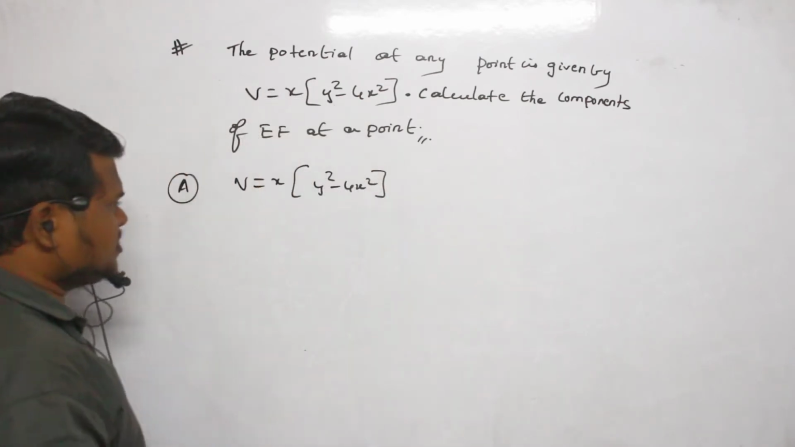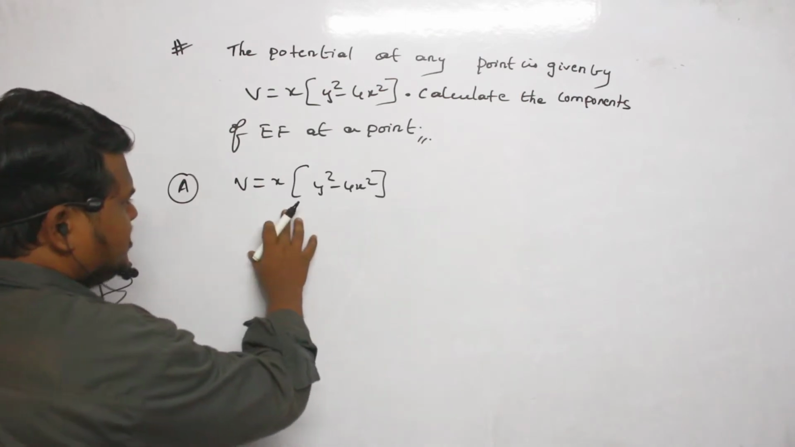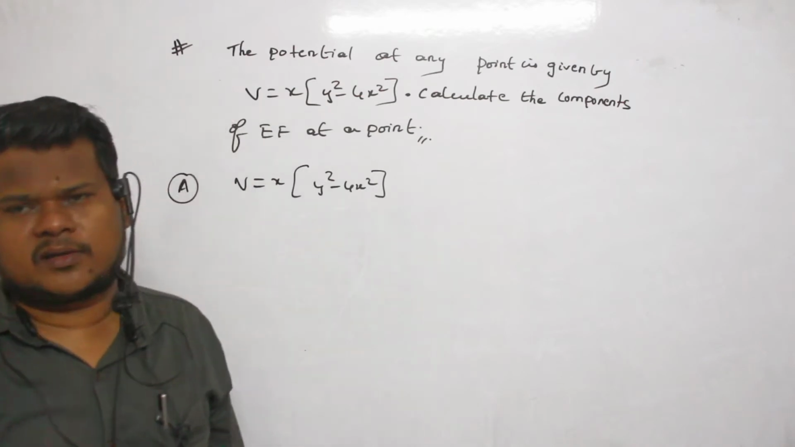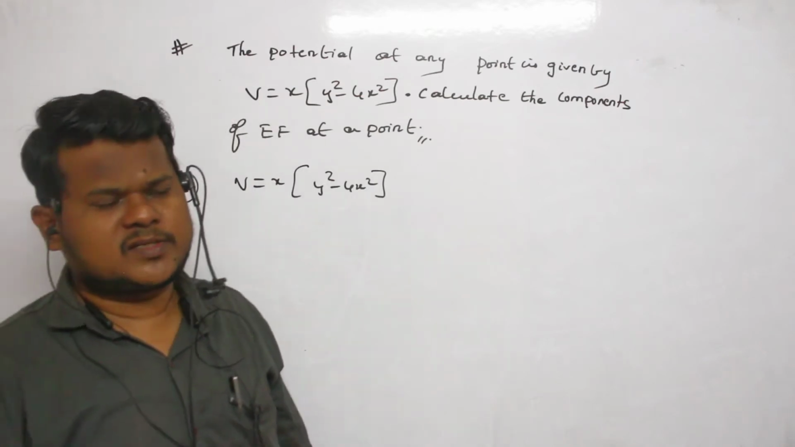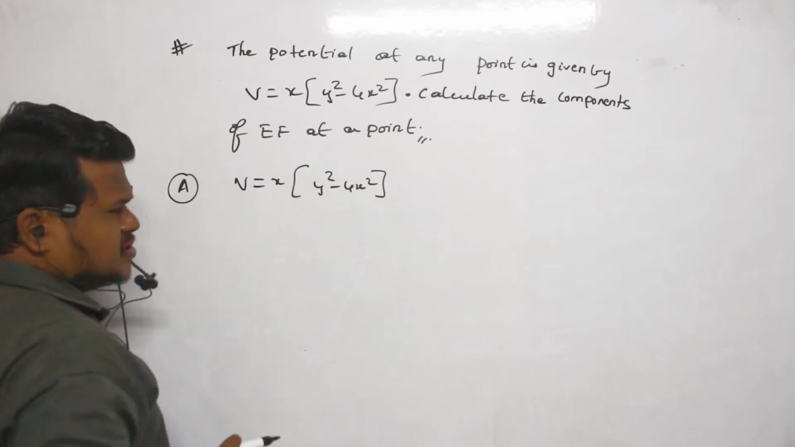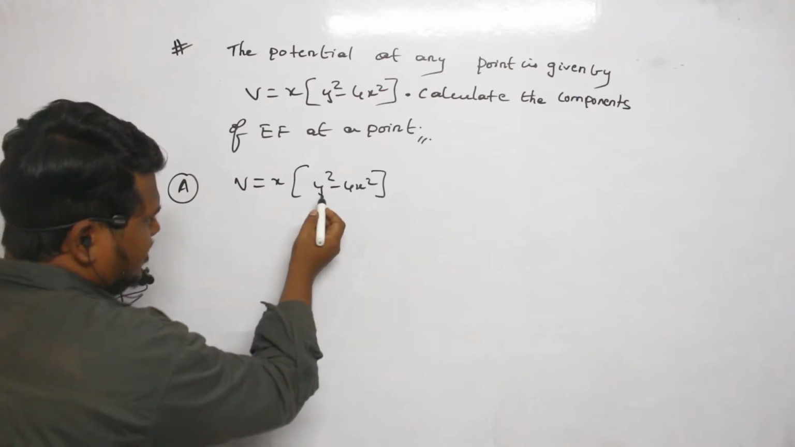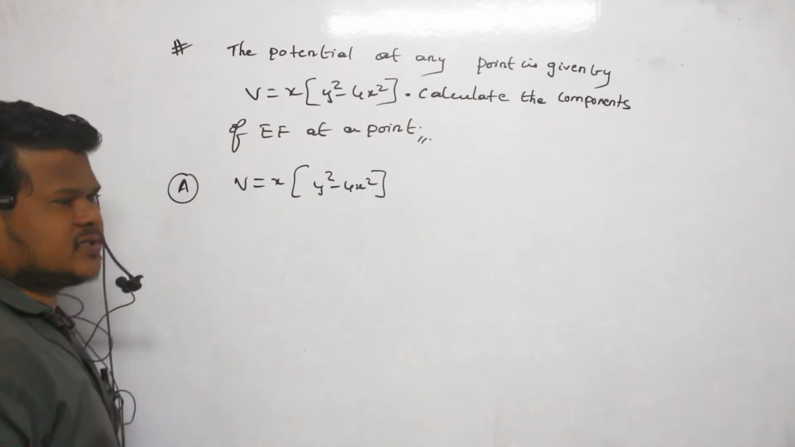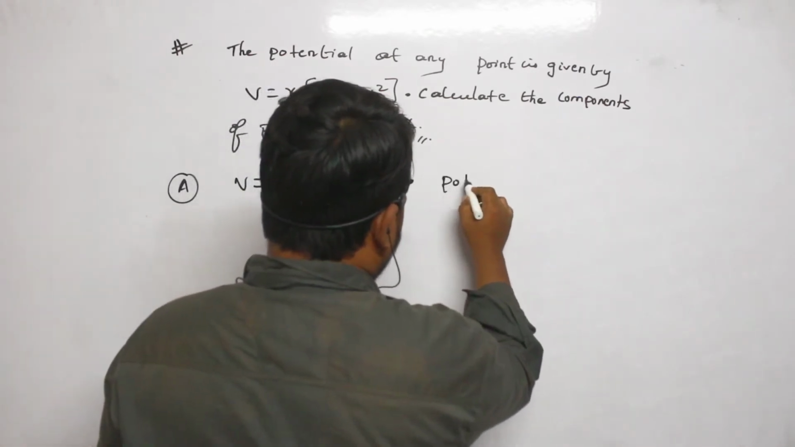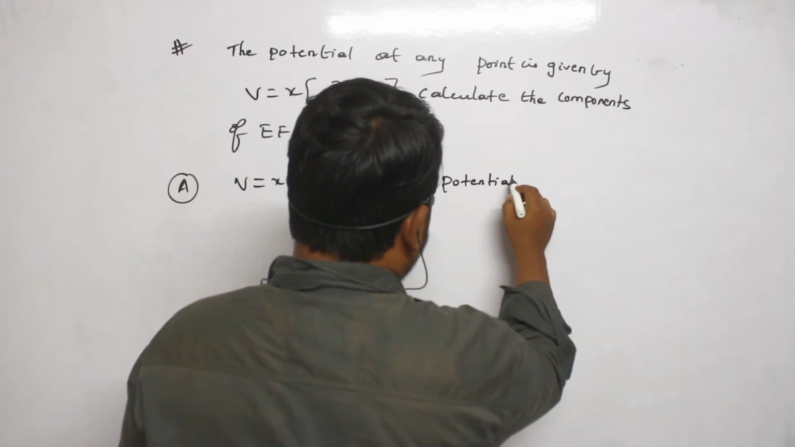When we see this relation, we should understand that potential is varying across the x-axis also. Similarly, potential is varying along the y-axis also. That is the meaning of this. As the x value changes, potential changes. Similarly, as the y value changes, potential will also change. Clear? So what is the point here? We have to write that potential is changing